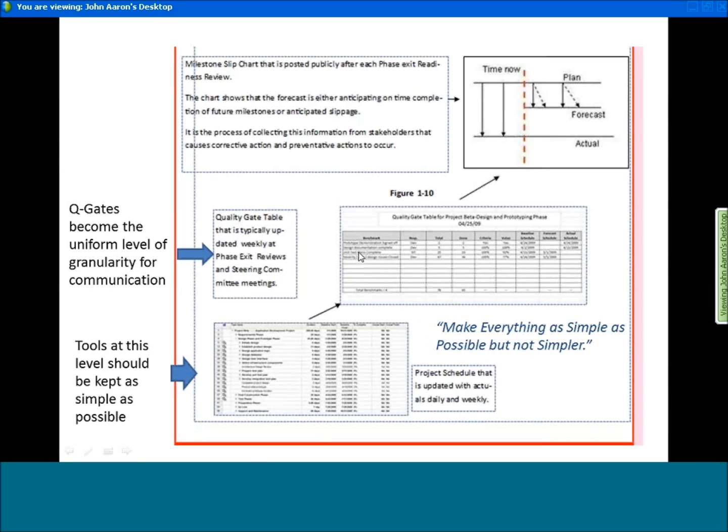And so what that is suggesting, and what experience shows, is that if we use the quality gate as the key point of schedule and performance control, probably somewhere between 30 to 50 percent of our projects, that's good enough. Another maybe 30 to 50 percent require larger schedules to support the quality gates. And then when we do that,